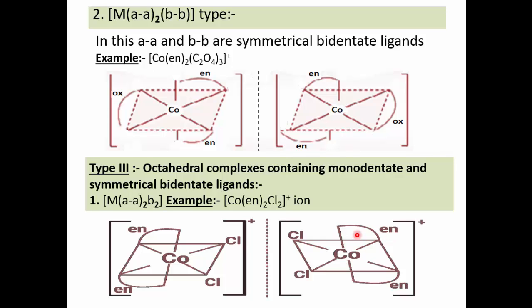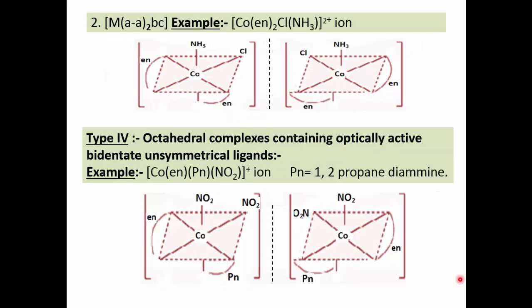Similarly, there is a change in position of the rings. See now, this is the position of the two ethylene diamine molecule rings. In this way, these structures are also not superimposable when they are placed one over the other. So this is a compound which shows optical activity. Now see this one, the second type, M(AA)2BC. Again, in this complex a symmetrical bidentate ligand AA is present, but two types of monodentate ligands are present,